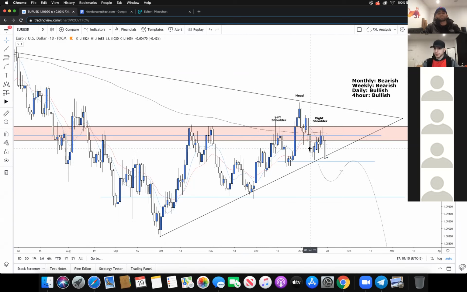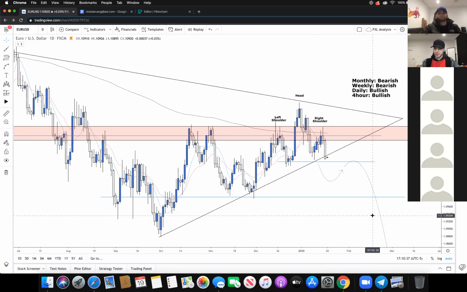But now it's looking like this is also forming a head and shoulders. So we have a left shoulder, here's a head, here's a right shoulder. Lots of rejection off these MAs. It's 200 EMA, and clearly tons of bearish volume. So ideally, it's looking great right now, but ideally we would like to see a break of this level, retest on this line, this blue line here, and then we would target lower. First target would be our minor support around